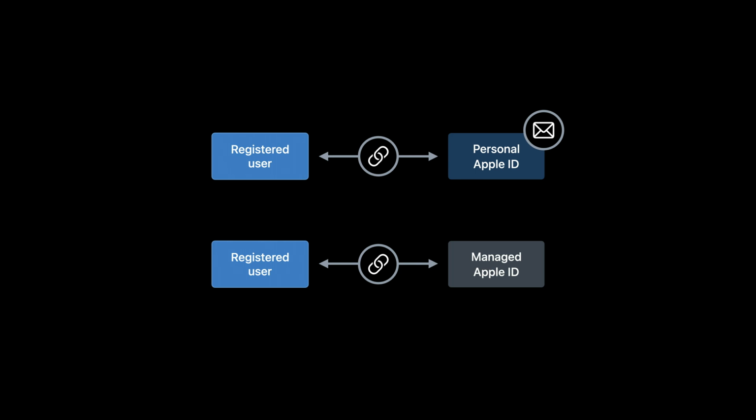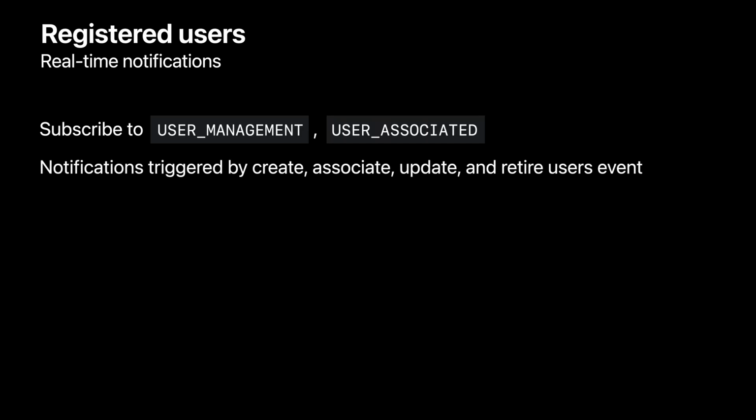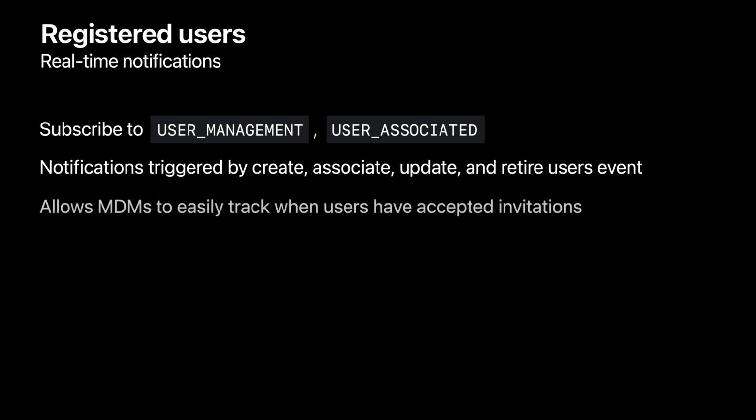You subscribe to the user management and user associated notification types in client config to receive these. Then Apple will notify you when user states are altered by either create, associate, update, or retire user events. The user-associated notifications specifically allow you to better track when a user has accepted an invitation to associate their Apple ID. Let's take a look at an example of these notifications with the context of what the state of users